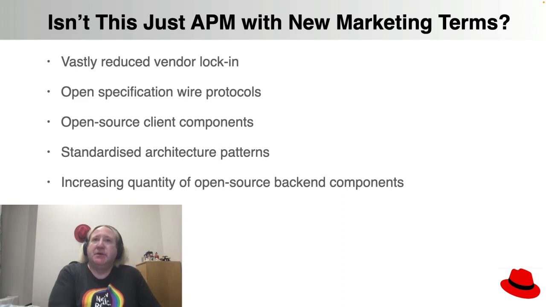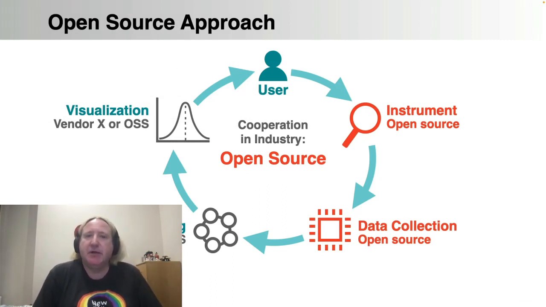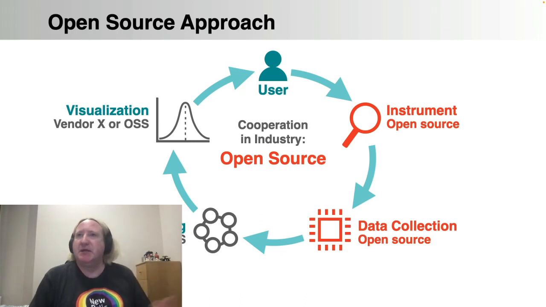Moving on from that, we also see that the client components are not the only pieces that are being developed, and there is an increasing quantity and quality of back-end components as well. In this new approach, we can see that we've started from the point of view of instrumenting the client side, which in this case really means the applications. In fact, most of these things are going to be server components, but it's typically thought of as being the client side for the observability protocols. This will mean things like Java agents and other components that we're going to place into our code, whether that's bespoke or the infrastructural components, which we'll also need to integrate with.